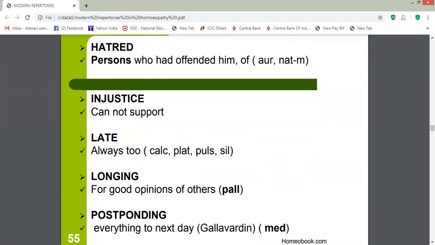Then hatred, persons who had offended him or of. So in that, hatred is the rubric, persons is the subrubric, and who had offended him